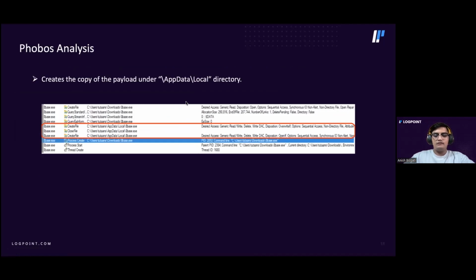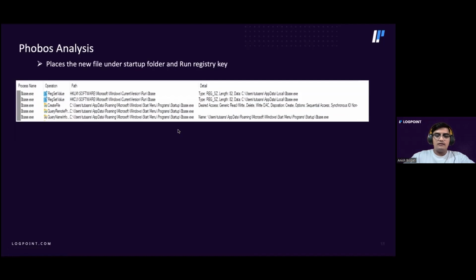After retrieving the startup location, a copy of the payload is created in the AppData Local folder under the current user directory, and the created file is placed under the Run registry keys, as you can see here, which is used for persistence. It is helpful in case of unexpected interruption or PC shutdown, so the encryption process doesn't stop in case of interruptions.